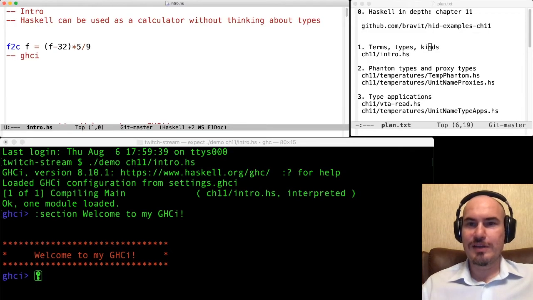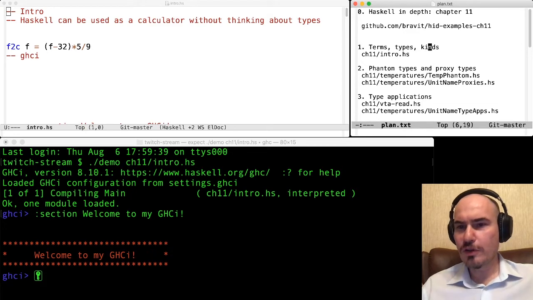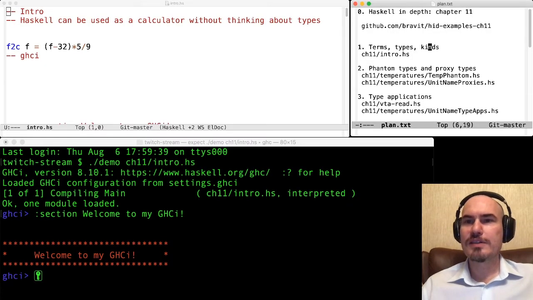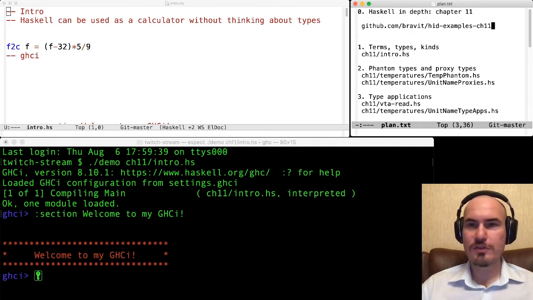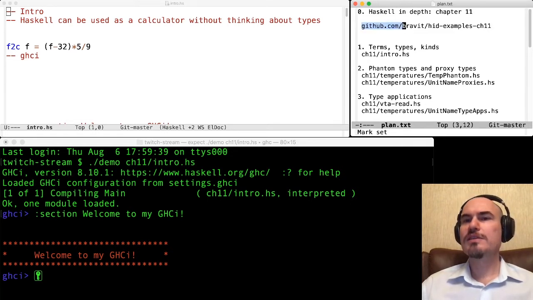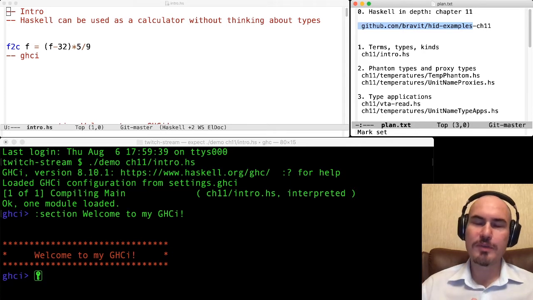I have to say that if you want to follow the code, you can do that with this link on GitHub. I have a repo for this tutorial, github.com, bravit, hid-examples, chapter 11. There is a repo for hid-examples. It's the repo with all the examples from the book.